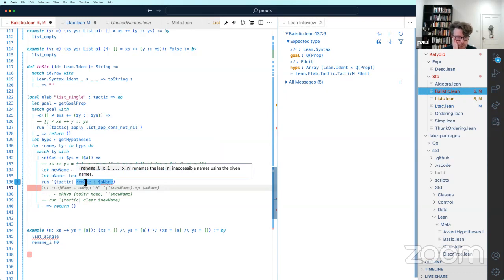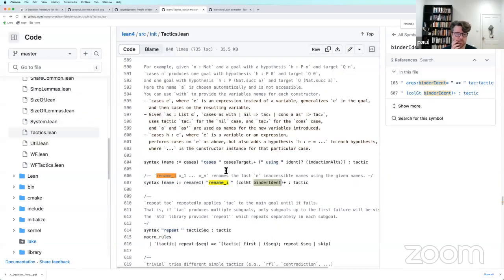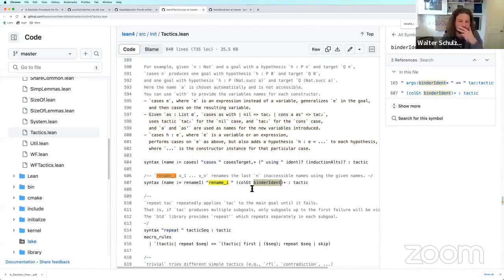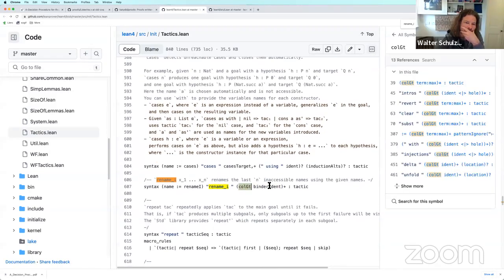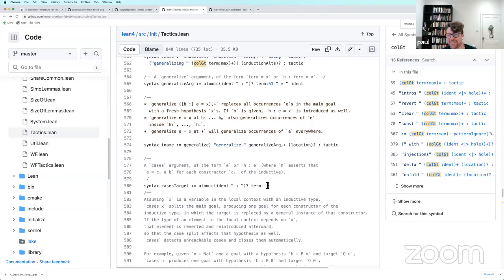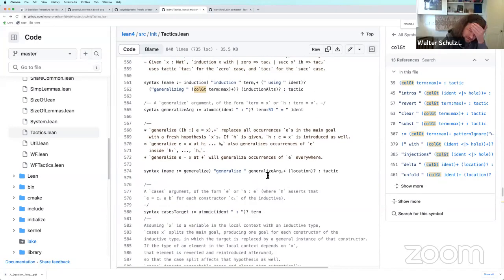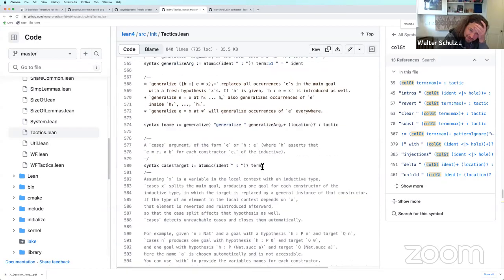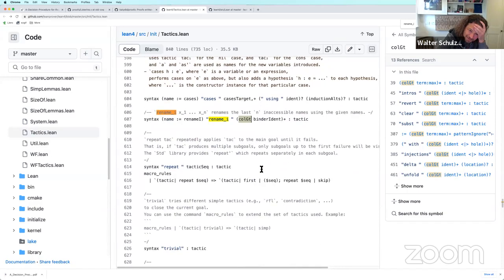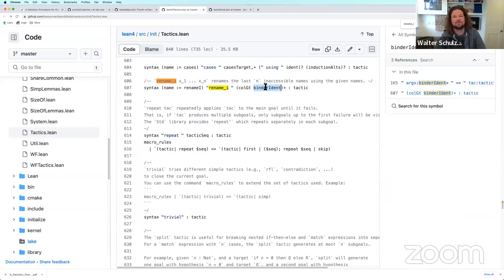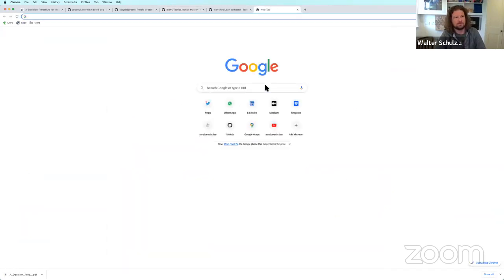I don't know what this type means. Like when it says binder ident, this is not a type. It's a something. I remember reading something about it in the book, but I can't remember what. So we can go to the book.